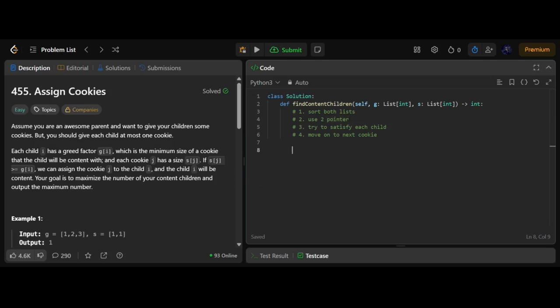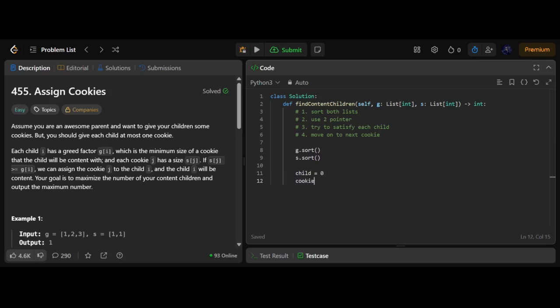So let's hop straight into the code. Of course, for step number 1, sort both lists. So sort our child list as well as our cookies list. And then let's set our pointers. We need to use 2 pointers. Our child pointer equals 0, and our cookie pointer is also set to 0. We're going to say while, so we need to satisfy each child, but we need to iterate through both our cookies and our children. So while our child is less than